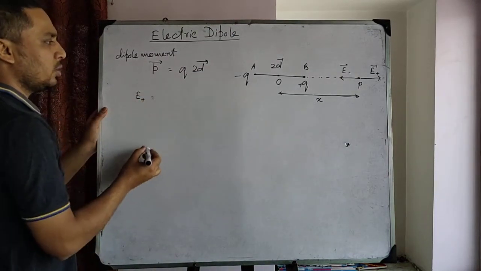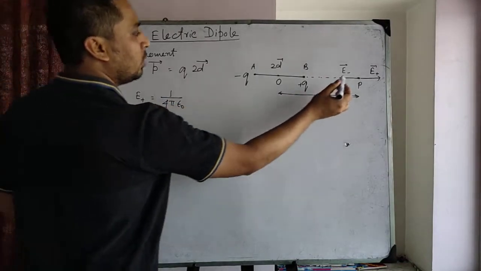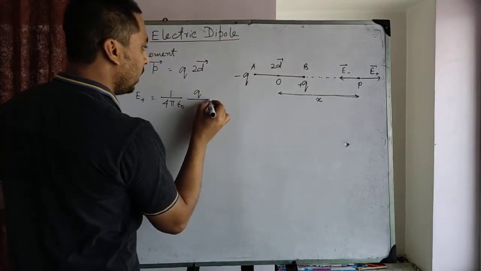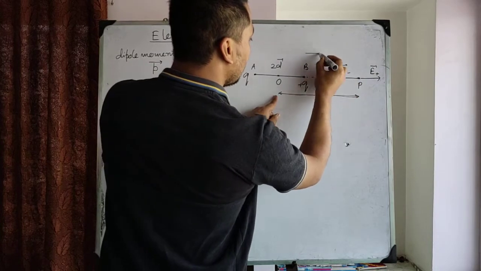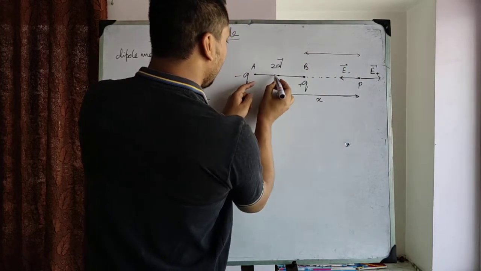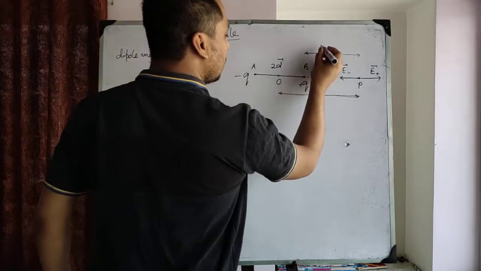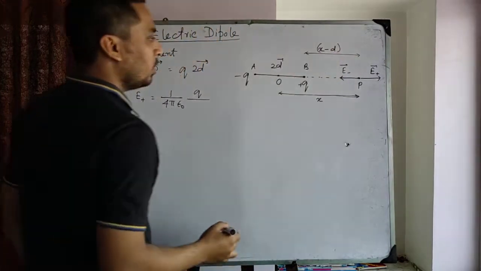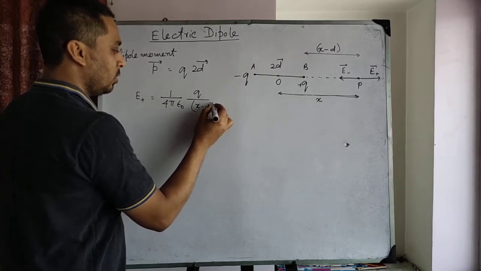The magnitude of E plus is 1 by 4 pi epsilon naught into 1 into q, that is q, by the distance. So this is x, and as O is the midpoint of A and B, this distance is x minus d. So x minus d whole square,